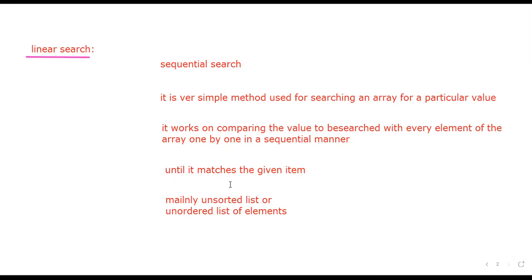If you apply the linear search on the elements, simply it will compare every element in the list with the key value. Here one key value is there for searching the elements. I'll show you the algorithm also for linear search. Then I'll give you the example and the program also.